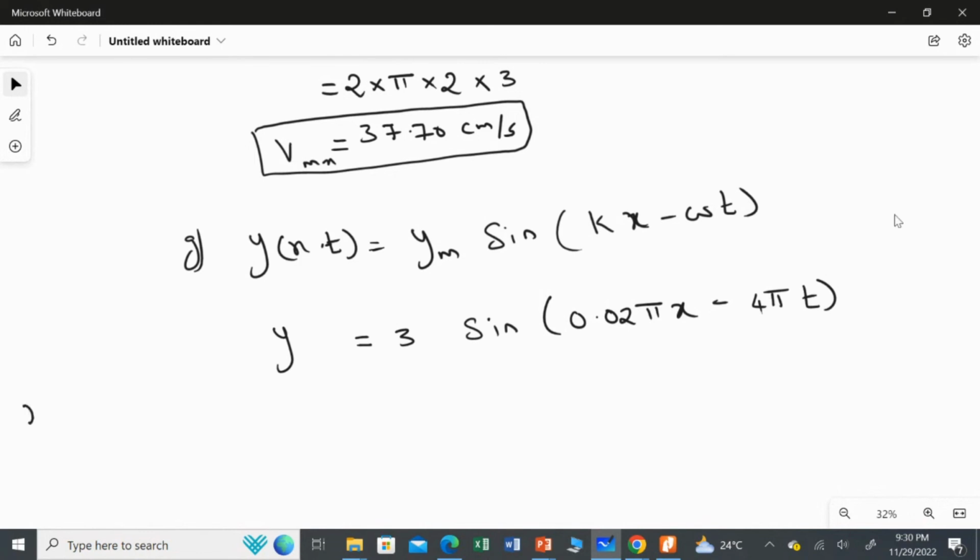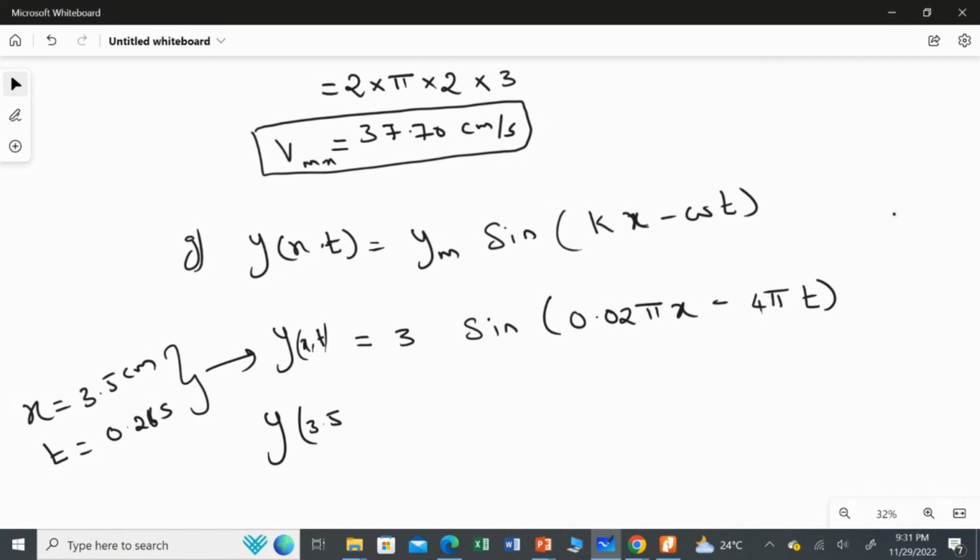And they already gave the value of x: x is 3.5 centimeter when time t is 0.26 second. So I apply these values in this equation. Therefore, y of x comma t, that is y of 3.5 centimeter comma 0.26 second, is equal to 3 multiplied by sine